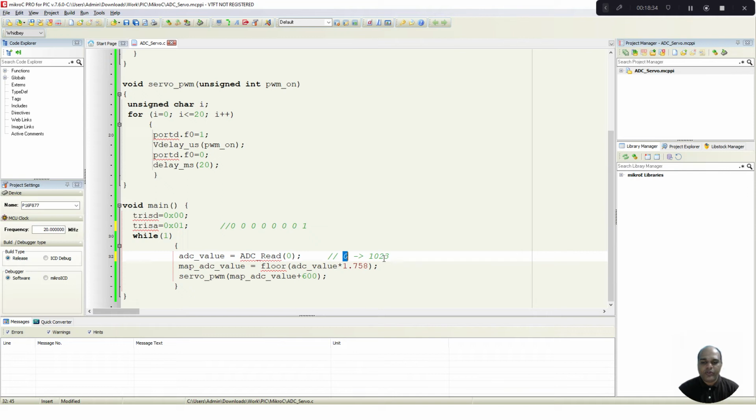Now this 0 to 1023, I should convert it into 0 to 1800. Right? So 0 to 1023 should be mapped to 0 to 1800. Why? Because for my angle of movement from minus 90 to plus 90, the on-time variation is about 1800 microseconds. So I need to map it. So in order to do that,